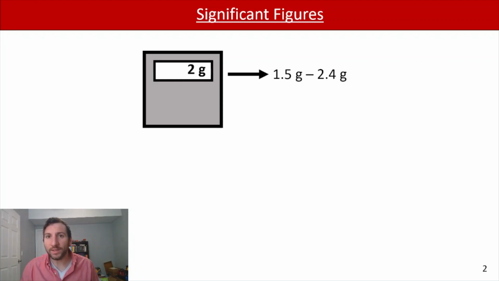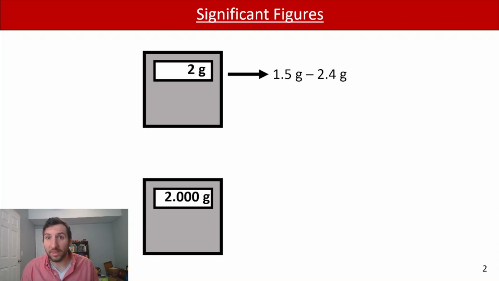However, if you're measuring something and you have a new scale that measures, let's say, to the thousandth place, and you measure 2.000 grams, what that now means is that your margin of error is a lot smaller, and that measurement of 2.000 grams is really now going to be somewhere between 1.9995 to 2.0004 grams. And so that's why we care about significant figures, because it helps us understand the accuracy and precision of our